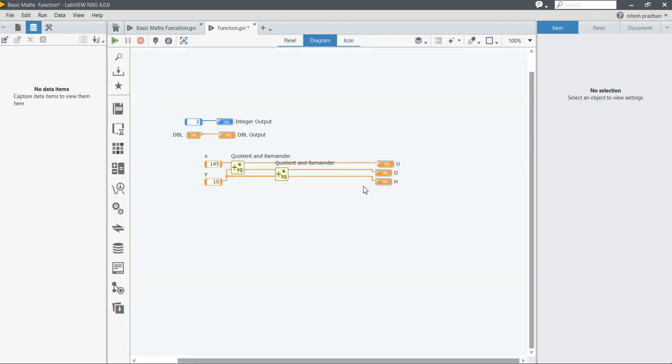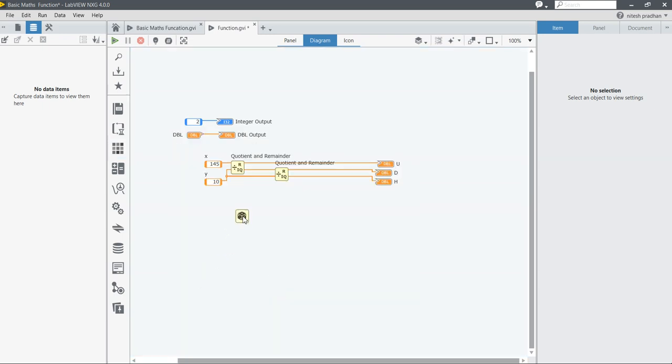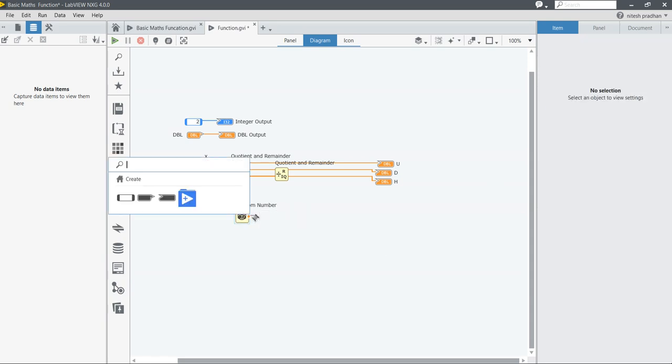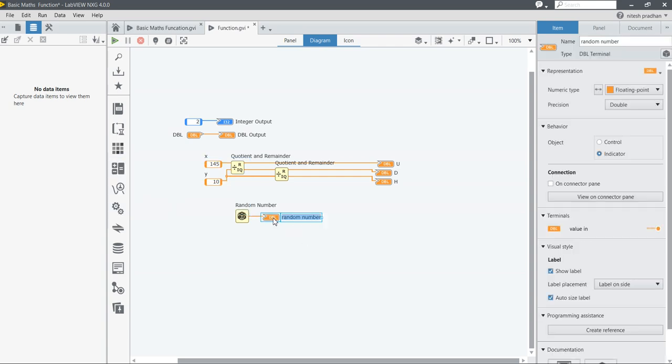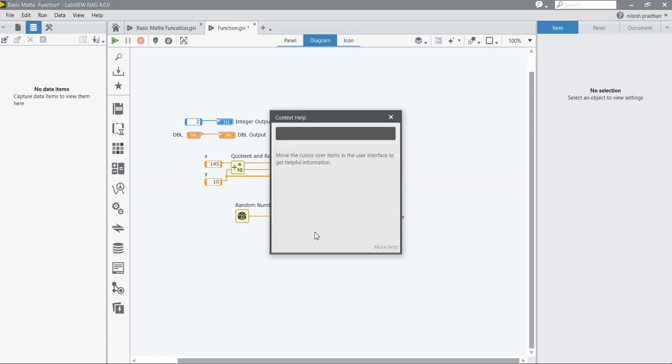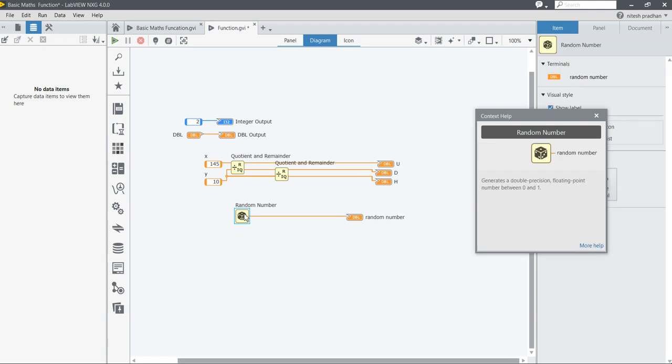Again, let's come into the block diagram. So this is the same as before. Let's try to check whether this random number generator is the same or not. For that, click here first and show label, random numbers, right click, create indicators. Now how can I use Ctrl+H? Yes, context help is here also. Let's try to click. So the random number generator will generate a double precision floating point number between 0 and 1. I think it is the same, and the output will be 6-digit precision numbers.